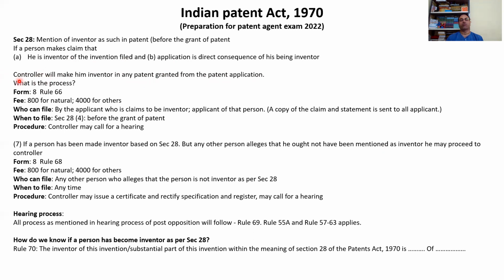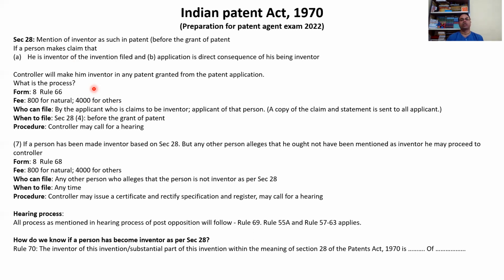And what is the process? Sometimes it may happen that you are working in some lab or company, and someone can make these processes so that he is there as an inventor. Or, for example, you work on some project somewhere and then you leave it, and later some applications are published, and you see that it is published and ask where is my name? My name is not there. Then you need to prove that you are the inventor.